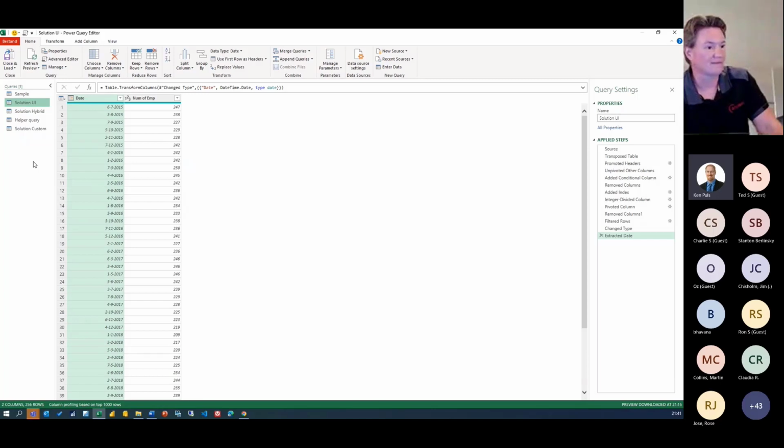Again, it depends on what your data sources are. If you're doing things against a text file versus against a SQL Server, you might find the same steps in SQL Server work much faster, only because query folding is taking place behind the scenes, whereas in a text file you don't have that engine to take care of things.